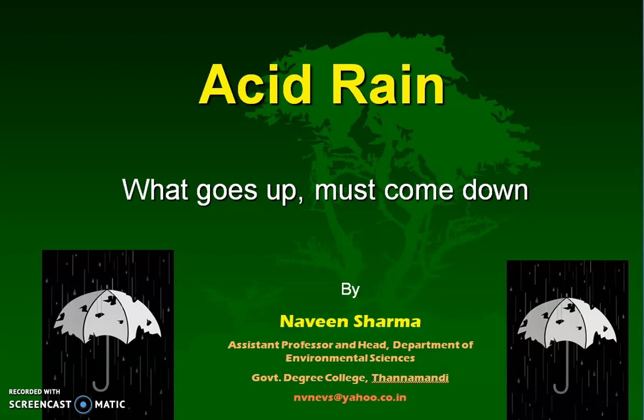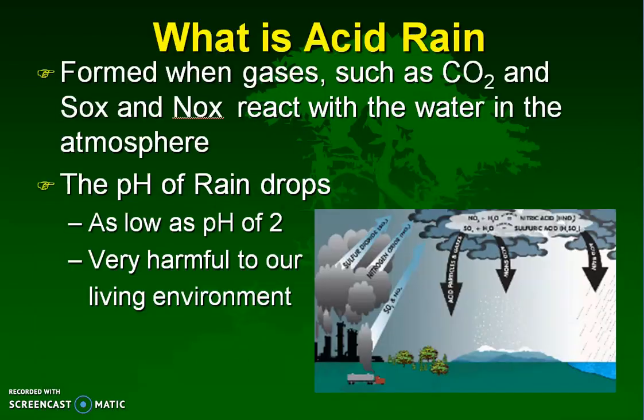But whenever the pH value of the rainwater decreases or becomes below 5.6, then we can say that the rain contains some sort of acids, and this is known as acid rain. This acid rain is basically formed by gases like carbon dioxide in the atmosphere, sulfur oxides, and